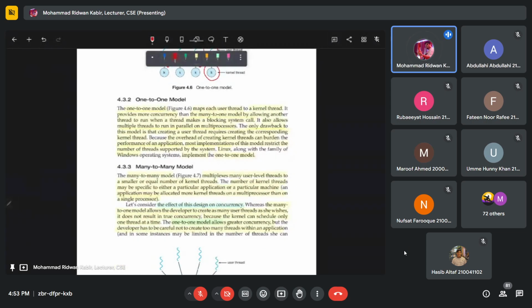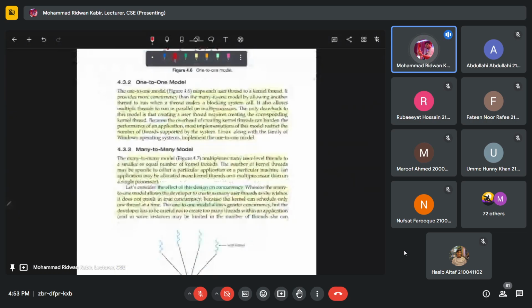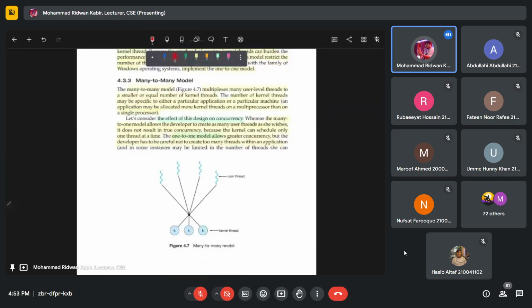So to improve upon the many-to-one model and the one-to-one model, or if I rephrase my sentence, to overcome the limitations of the many-to-one and the one-to-one model, we come up with the many-to-many model. Okay, and what this model does is it has a pool of kernel threads which could be equal to or less than the number of user threads in your system,